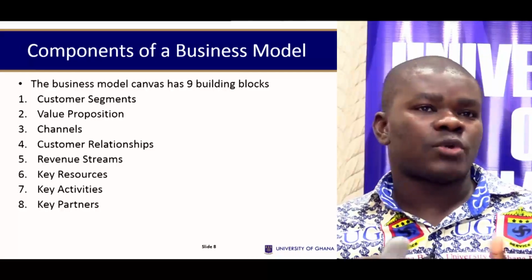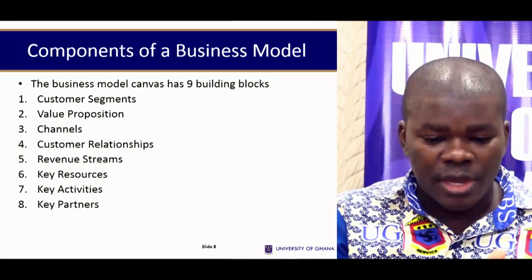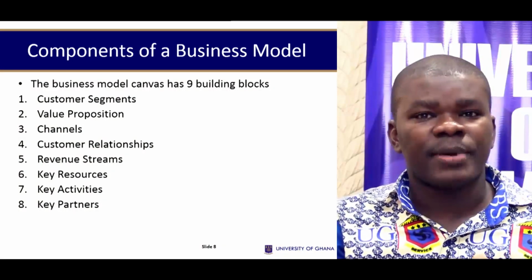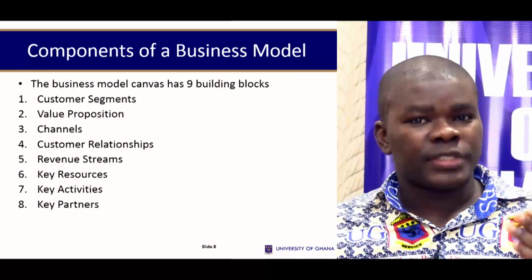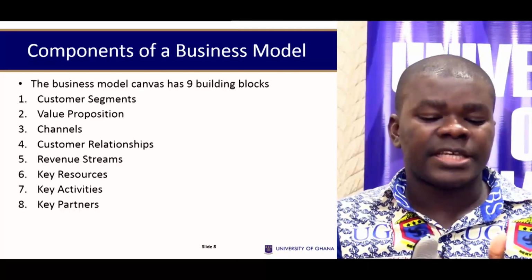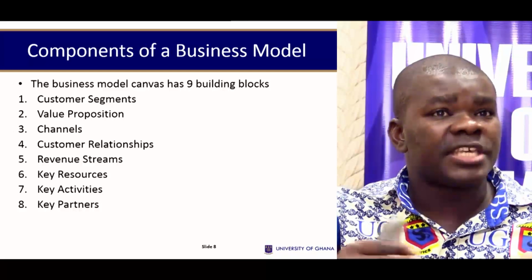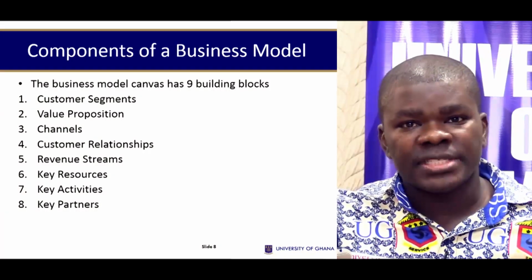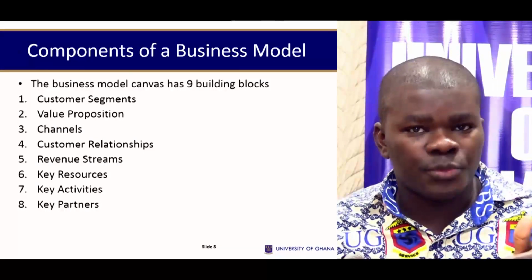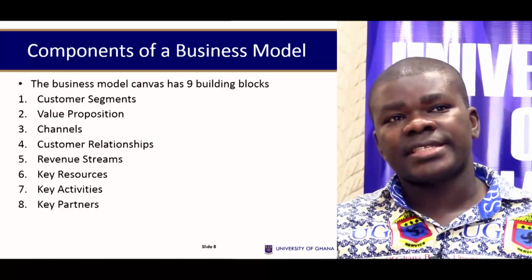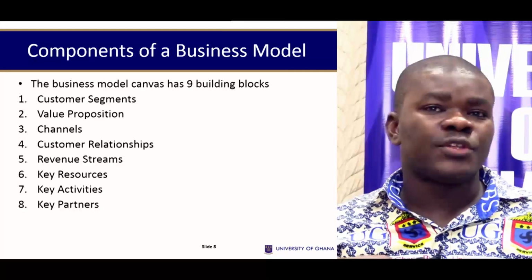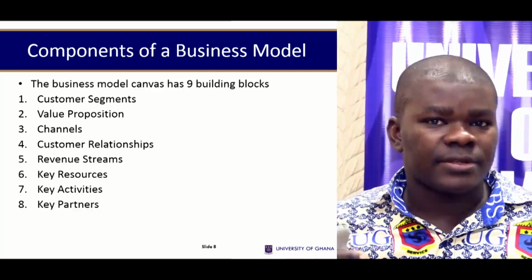So you need to ask yourself that, look, as a business, maybe you're into rice production. Maybe some of the key partners you might need is people who will give you the land. Or it can actually be people who are your suppliers. So your suppliers can be key partners for you to do business. Sometimes it could be your retailers, it could be your distributors. So key partners cut across the value chain, and you need to be intelligent enough to understand who the key partners might be.